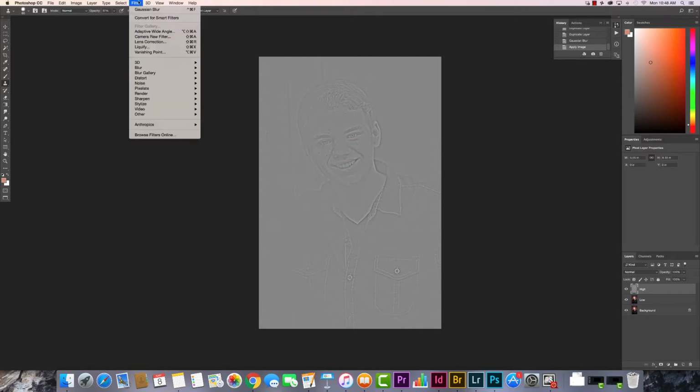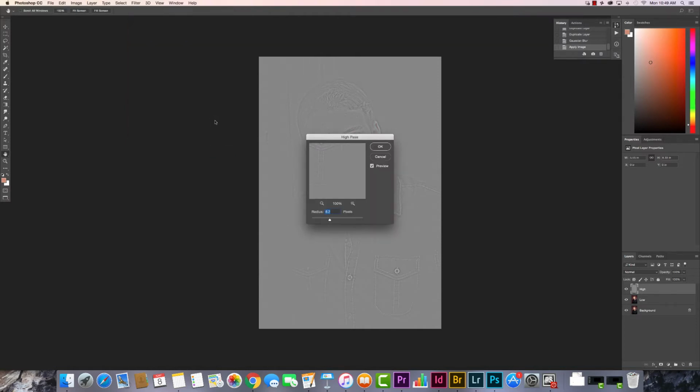versus the color. The next thing I'm going to do is apply a high pass filter to this layer so that I can separate out the texture even further. So I'm going to go to Filter, Other, High Pass, and I can drag this rectangle box in here and see no effect, and I can bring it up to where I see kind of a texture effect,